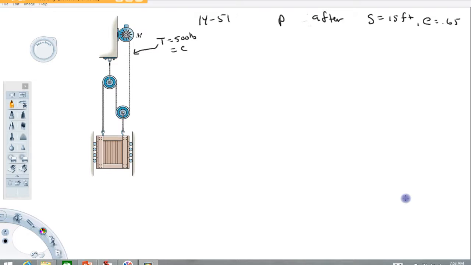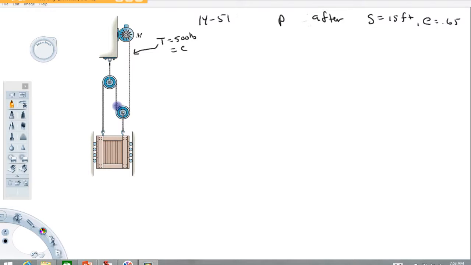I'm making this video here to help you out with number 51 in chapter 14. So what we're looking at, we've got this motor here that's designed to pull this load up. And in the problem it says it's applying a tension of 500 newtons here. That 500 is good anywhere along here, as long as these pulleys are relatively light and the bearings are working